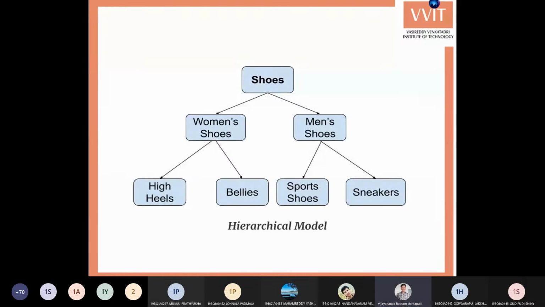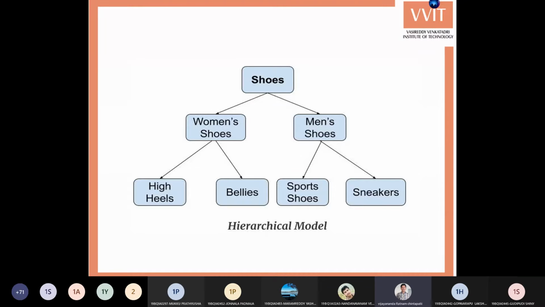So here everything is represented in the form of trees and graphs. A graph is one that has a cycle, whereas a tree is without any cycles. If you are representing something without any cycles, that is called a tree. If you have any cycle, that is called a graph. In a tree structure, the data is represented from a higher level to a lower level.